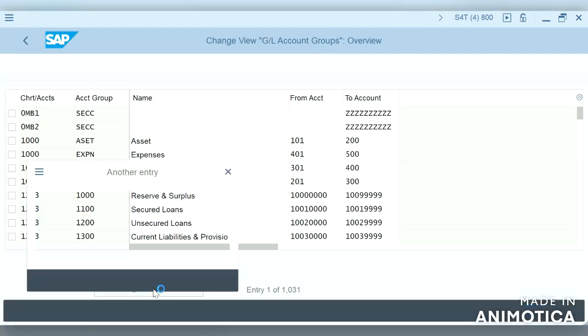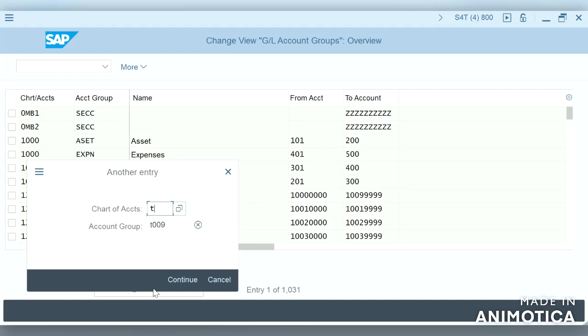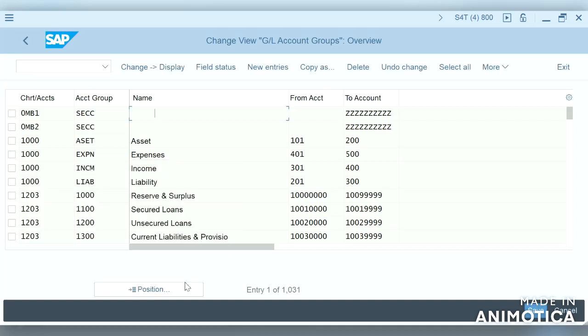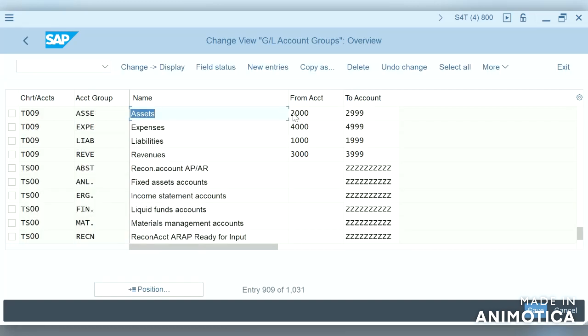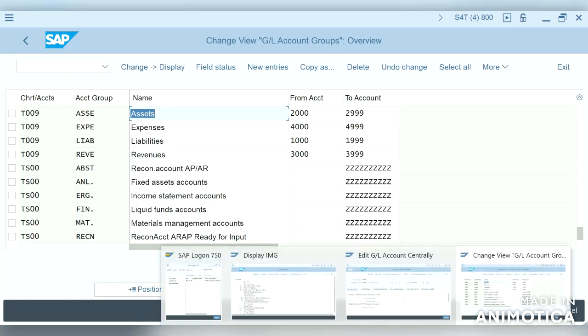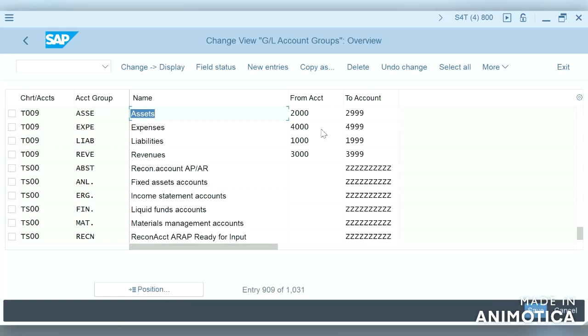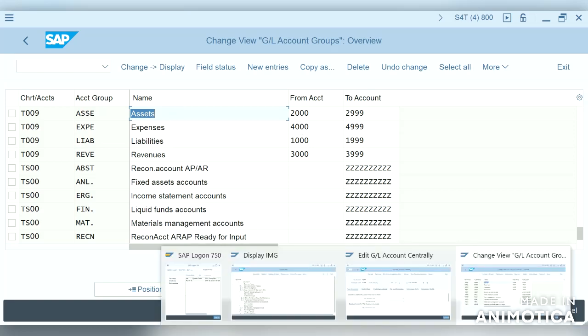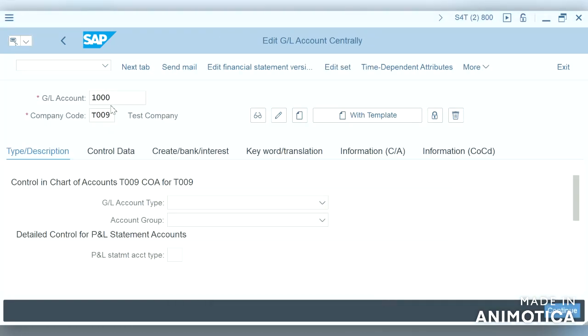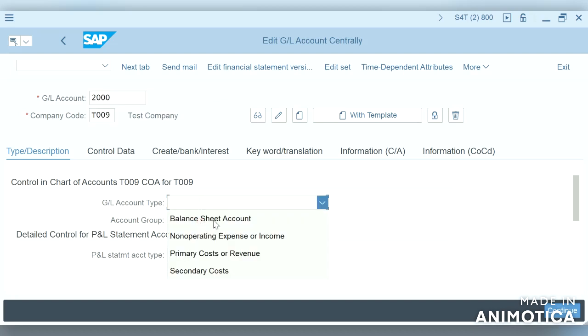So let us see for asset. What is the group number we have given for assets? It's 2000. So let us create one. For expenses it is 4000, liabilities 1000 and revenues 3000. So assets 2000. So let us move on and give it as 2000. And GL account type, nothing but